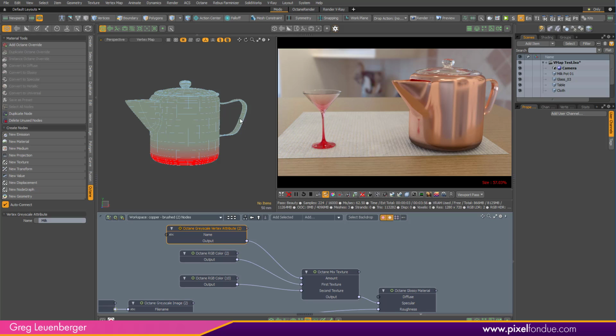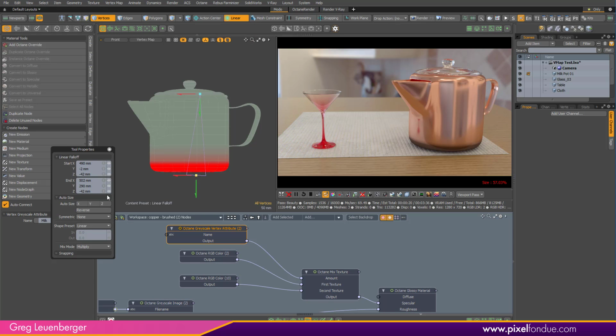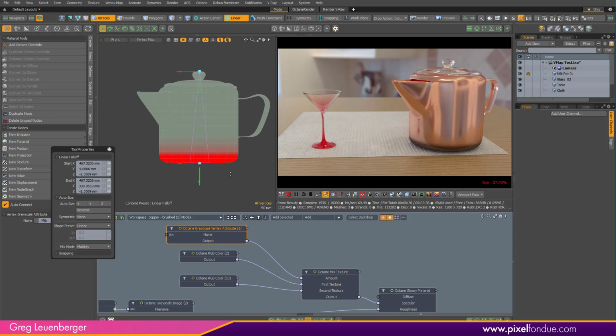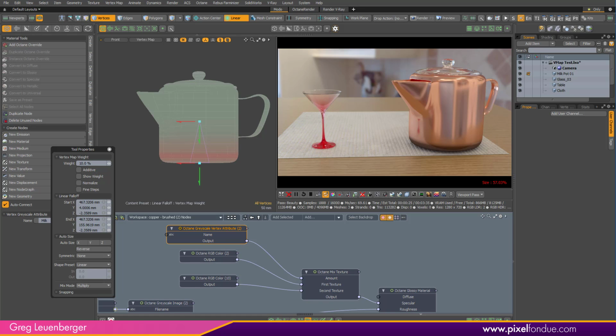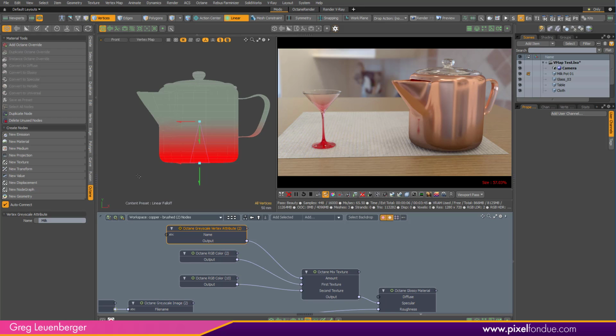Pretty sweet, right? So you can change this. Like I said, the great thing about VMAPs is it's really easy to update them. I don't have to paint a new mask or goof around with something like that. I can go to a linear falloff like this, and drag like there. I think I can auto size it like that. I'll bring this down just a little bit. Press W for the weight tool and start dragging like that. And you see it's updating in real time over here. Pretty cool. So that's the weight maps or grayscale vertex attributes,